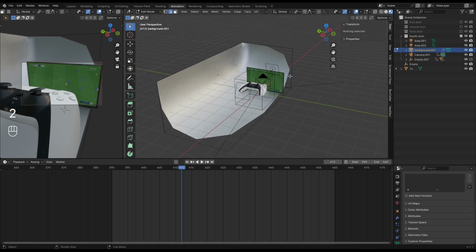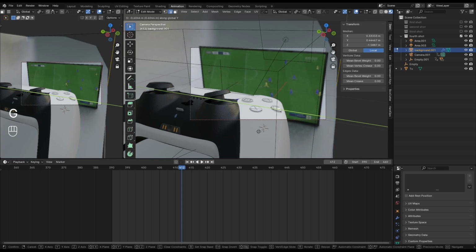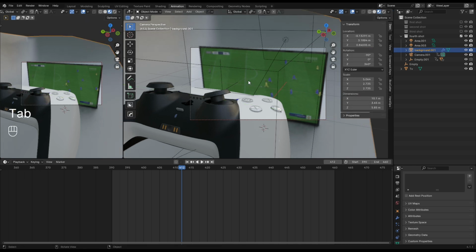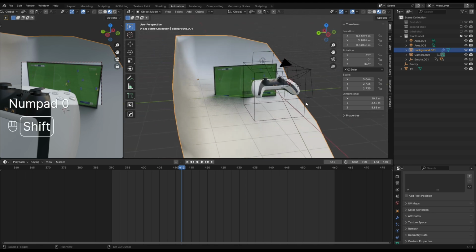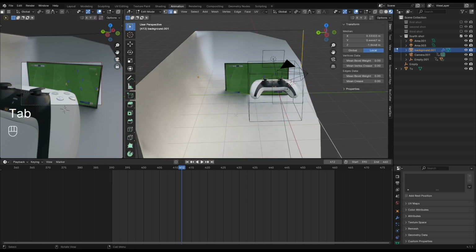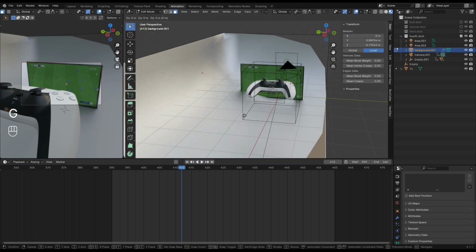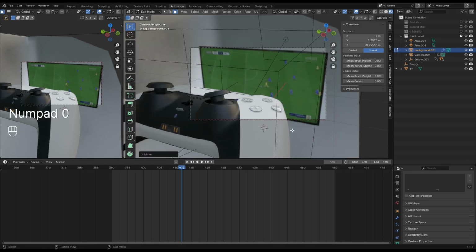Go to edge selection mode, select these two edges, and I'm going to move them along the Y to cover these spaces here. Let's go to face select, and I'm just gonna grab this down. Okay,